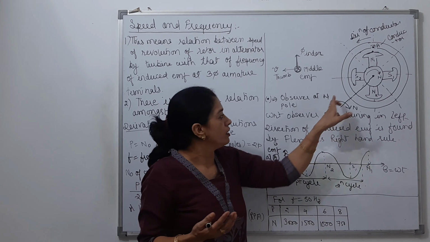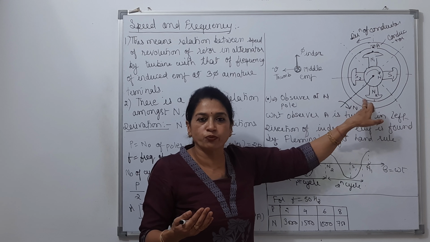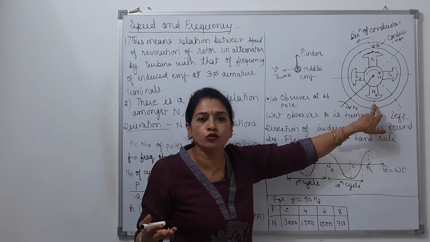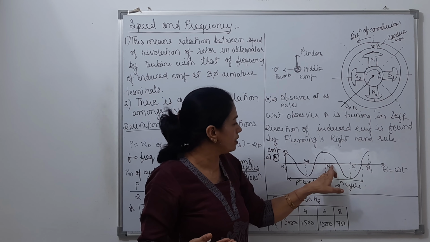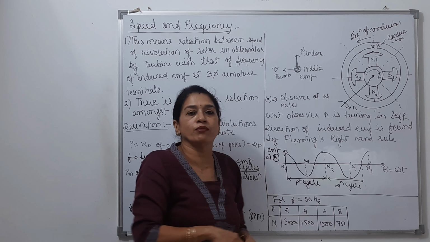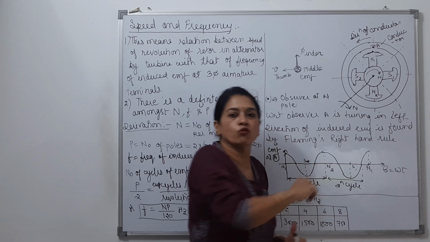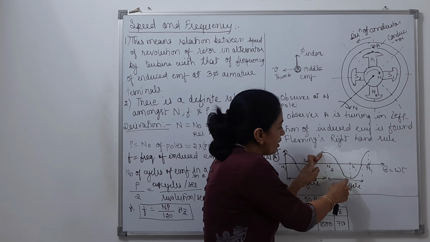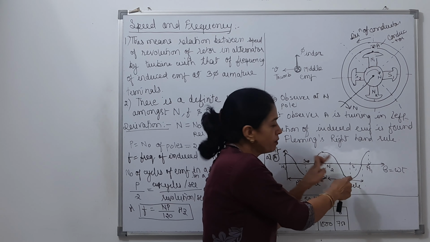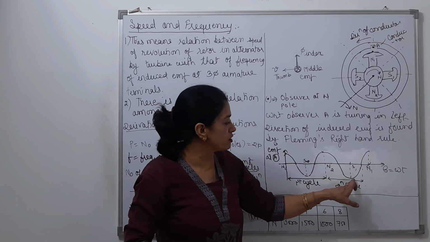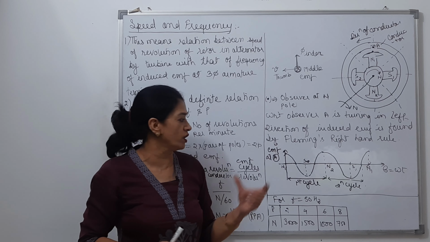Then after this, as the conductor moves from here to here, it would be coming under the impact of north pole and that impact is increasing. So when it reaches over here, the conductor is under the impact of N2 pole. That N2 pole will again create the positive maximum. So this is the complete cycle of EMF when it goes around by 180 degrees. Further, when it goes from N2 to S1, again it would be having variation from positive EMF to maximum negative EMF, and then from S1 to N1, again it would be having minus maximum EMF to maximum positive EMF.